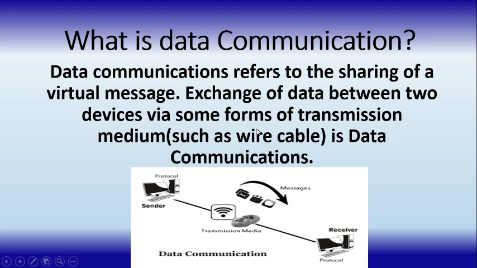Data is transferred from one device to another in two ways. The first method is the wireless method. In this method, data is transferred from one device to another without wire. For example, mobile has no wire, that's why it is called wireless communication. The second one is the wire method. In this method, we use wire for data communication.